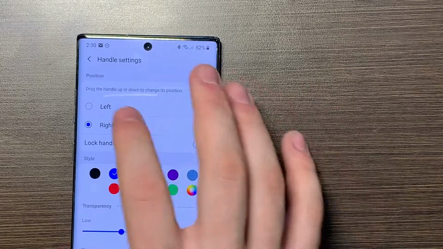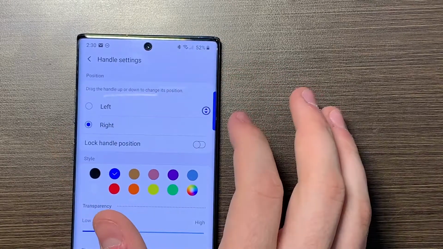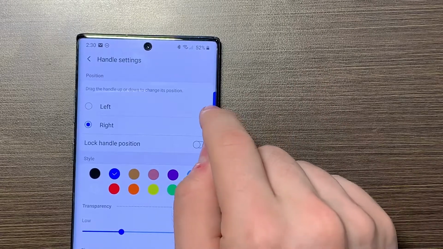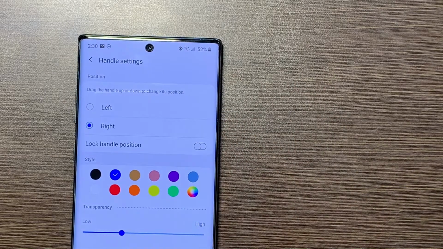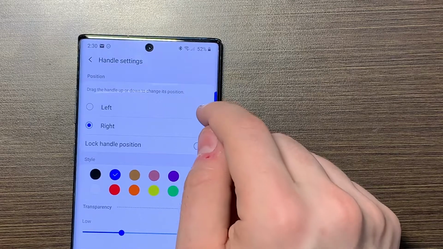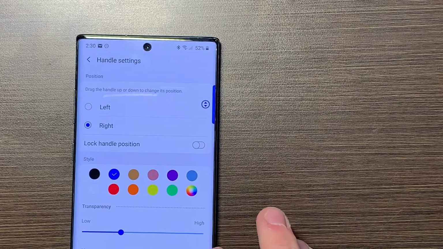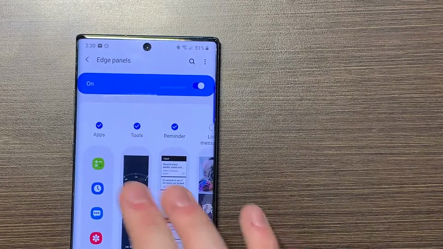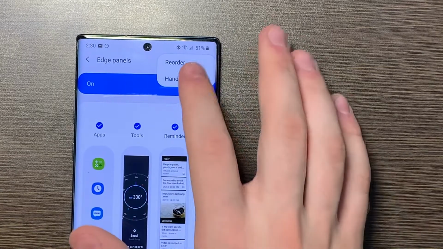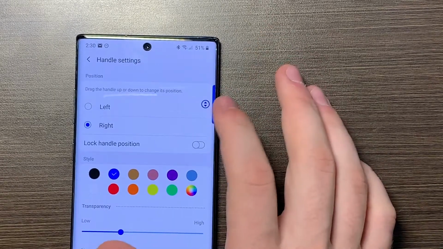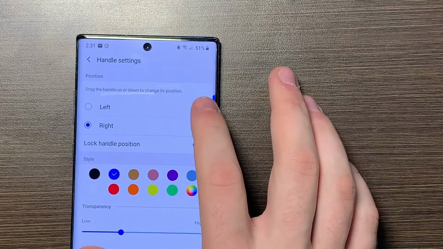So to be able to mess with it, first of all, you can put it on the left or the right, and then you can hold it like this and change where it is positioned on the screen. I have it here because when I'm using my phone, I usually reach from those sides, mostly the lower part of the screen, so I like having it on the top. And then you can lock handle position. That means